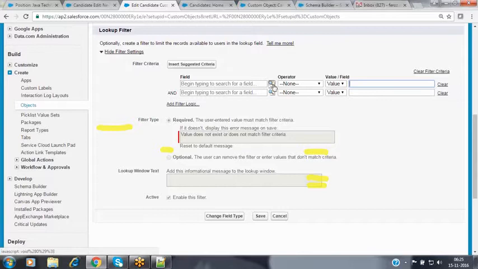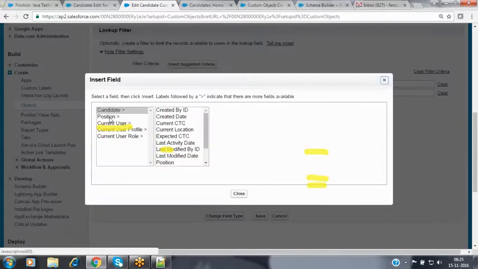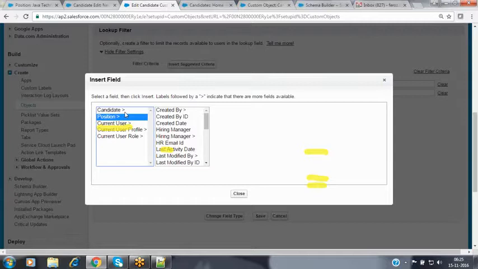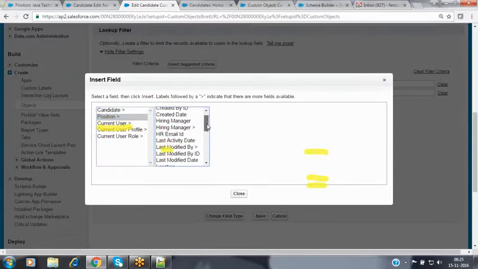So now I'm adding the field from that position object. In that position object, I want to apply the condition on the field called position status.